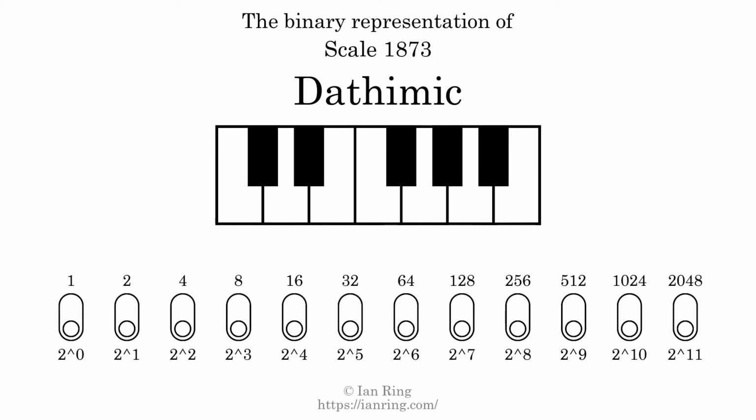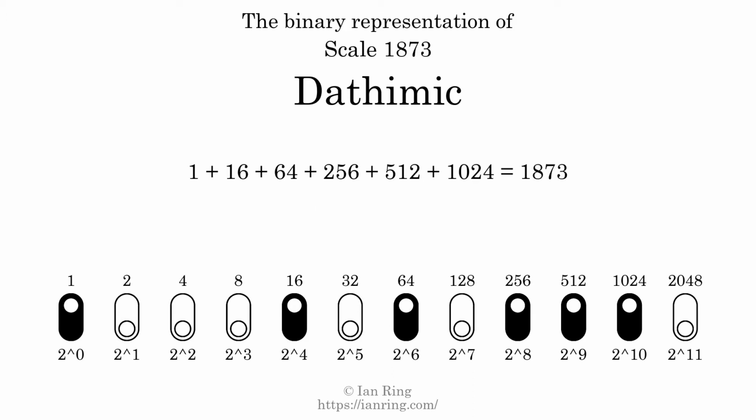The binary representation of this scale is determined by mapping tones of the scale to binary digits. Each binary digit represents a power of 2. To get the scale number, we add the powers of 2 together. The powers of 2 that are present in the scale, all added together, equals 1873. That is why the scale number, in decimal, is